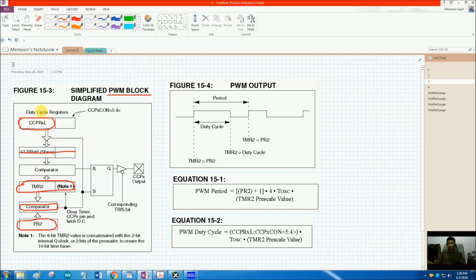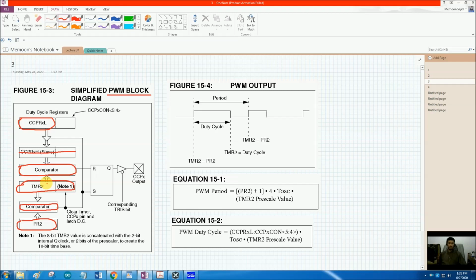So we are only dealing with 8-bit mode because Timer 2 is only an 8-bit timer. And then there is a comparator. This comparator is of the CCP module itself. I will not go into the detailed working of this module, how it works. Rather, I would try to explain it application-wise, how to use this module, not how this module was made.